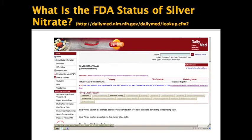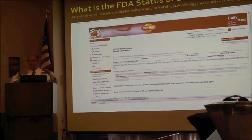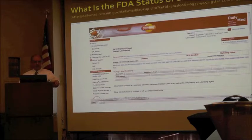Okay. What's the FDA status of silver nitrate? That's important. The simple answer is there's no status. It has no status. So if you want to know, does the FDA approve use of silver nitrate for caries arrest? No. Okay. Does the FDA approve fluoride varnish for caries management? No. I mean, we live in a world that's kind of gray, and some of these things are used off-label, even though we're not supposed to use that terminology. I'm waiting for the new terminology, but...